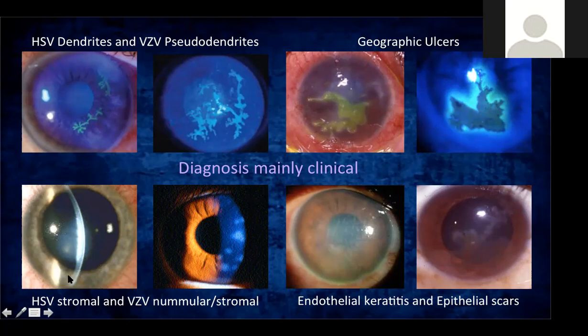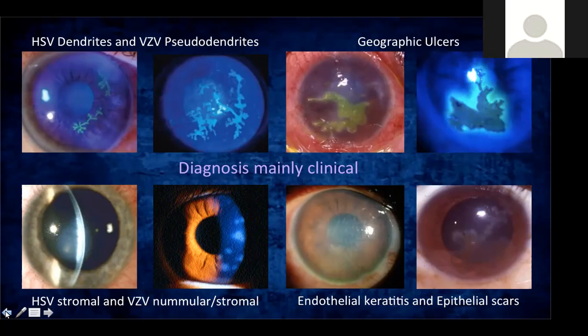Here you have a deeper type of infection. It's stromal, it's the inner cornea. Here you have nummular lesions, different coin-shaped areas. And then if you have an endothelial keratitis, it causes these folds on the cornea. Okay. In the deeper layers, there is already Descemet's folds, and corneal haze, the cornea opacifies a little. If the lesion is no longer active, they can form scars. Okay.